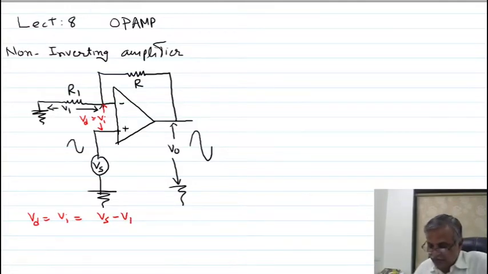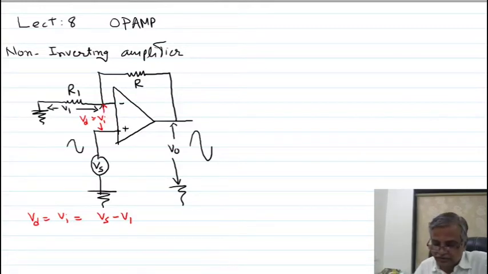Listen again. Here some voltage is developed across R1 due to the infinite input resistance of the op-amp. This input terminal of the op-amp does not draw any current, and due to the infinite open loop gain and infinite input impedance, the voltage drop between the two input terminals of the op-amp tends to 0, means Vi tends to 0.